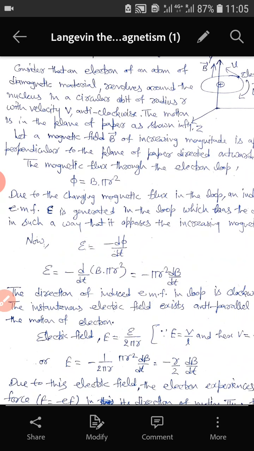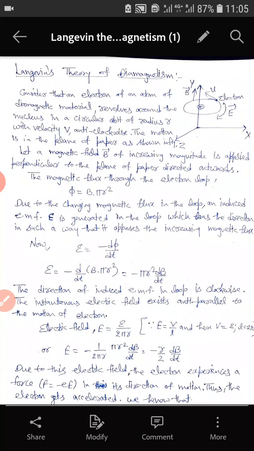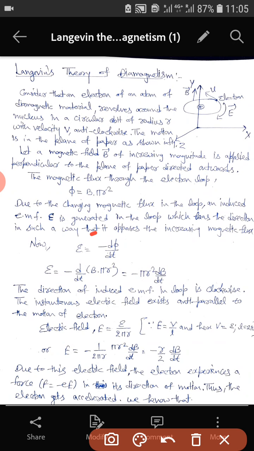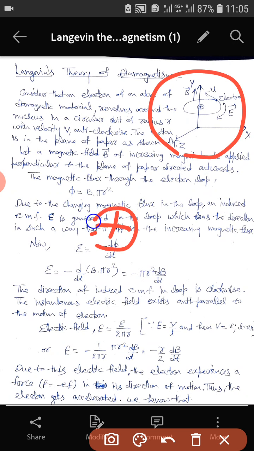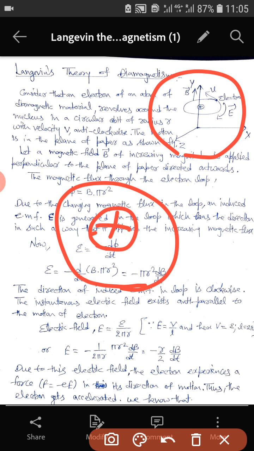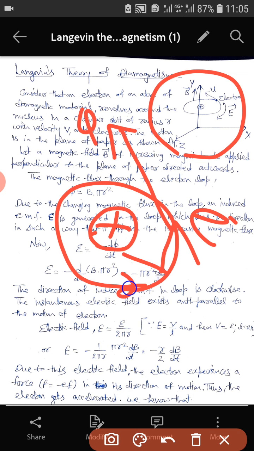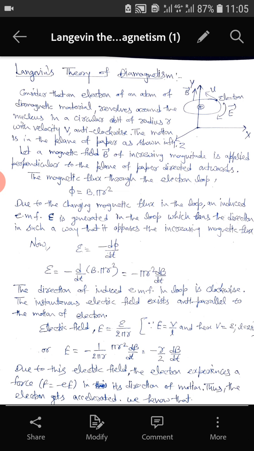revolves around the nucleus in a circular orbit of radius r with velocity v in anticlockwise direction. As you see in this diagram, we have considered an electron which is revolving around the nucleus in anticlockwise direction with velocity v in an orbit of radius r. This we have considered. Okay, and we have applied a magnetic field B